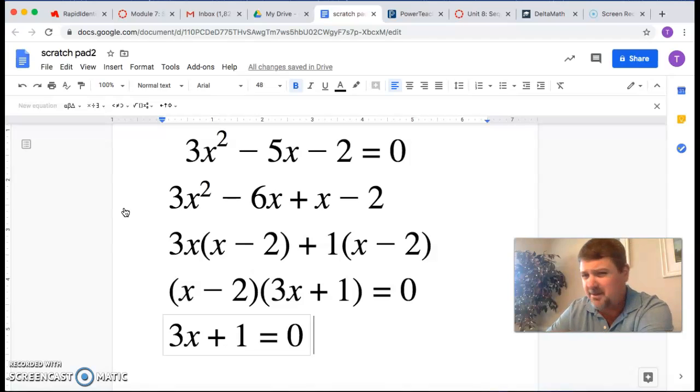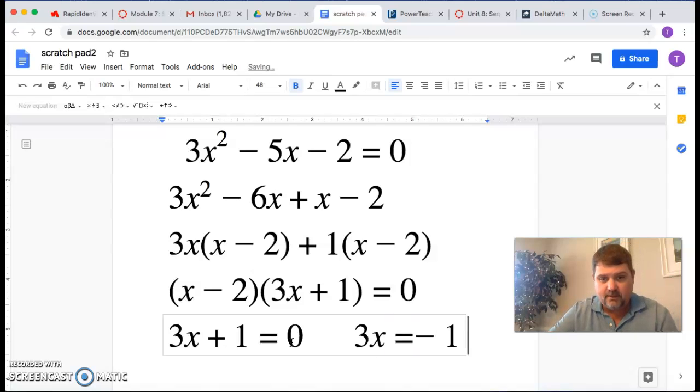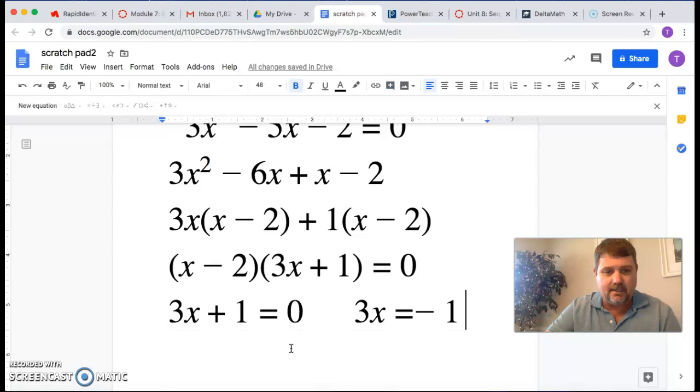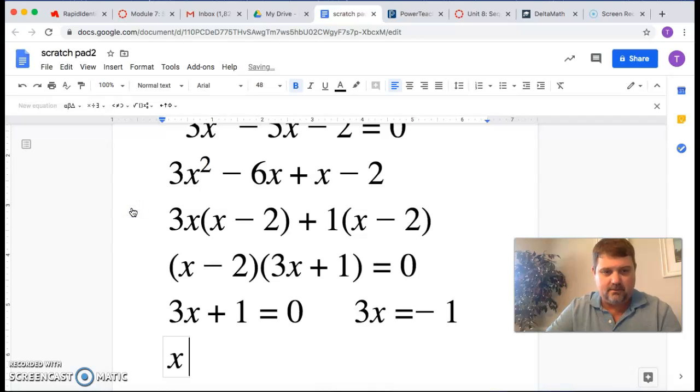All right, go back to your early algebra days. You're just going to simply need to isolate this x. So you subtract 1, subtract 1. Well, 0 minus 1 is negative 1, right? So then this gives us 3x equals negative 1. Now, to finish this up, you'd have to divide by 3. So finally, you're going to get x equals